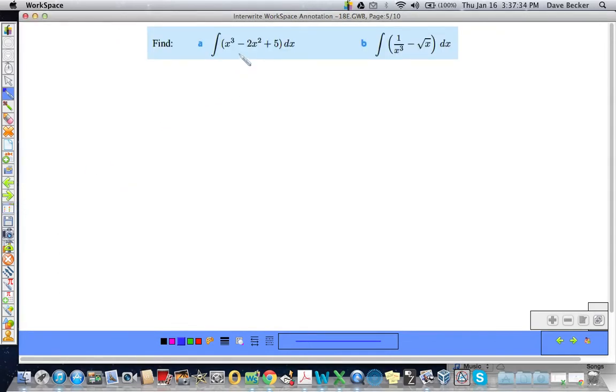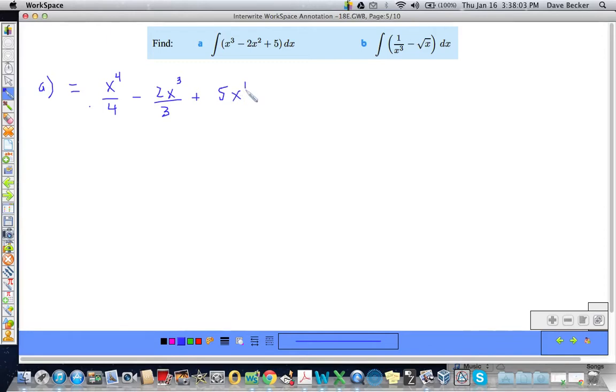Find the integral of x cubed minus 2x squared plus 5. So part A, we've done several like this, but it doesn't hurt to do them again. I'm just going to write equals so I don't have to rewrite the whole thing. This equals, remember, we're just going to add 1 and divide by the result. So that would be x to the 4th over 4 minus 2x cubed over 3 plus